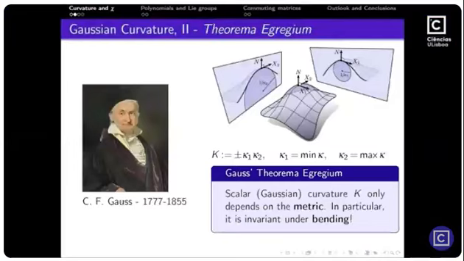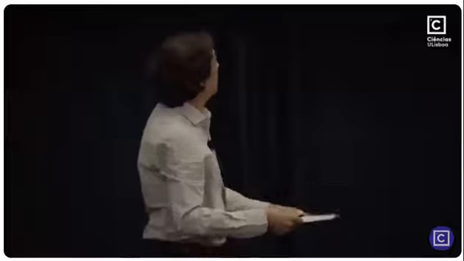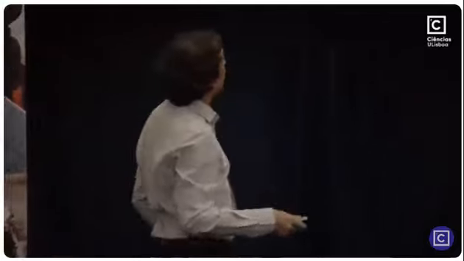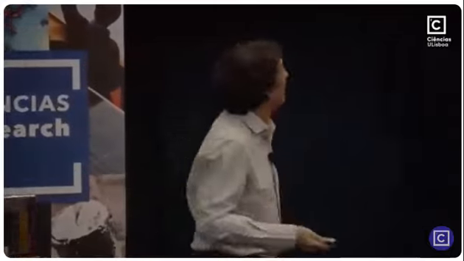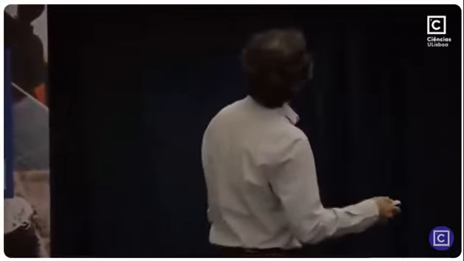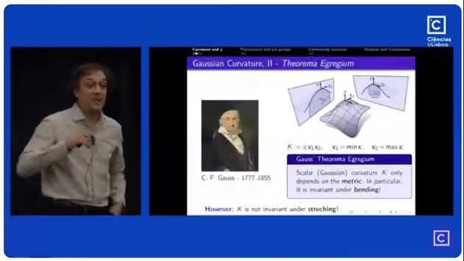For example, I forgot one very simple example. This piece of paper has 0 curvature because, of course, if I put it flat like this, then we have 0 curvature. But if I bend it, it still has 0 curvature because one direction at least is 0, and 0 times everything is 0. So I can bend a surface slightly, and the scalar curvature is invariant. He thought that this theorem was so nice that he called it theorema egregium, like the nicest theorem he could show about surfaces.